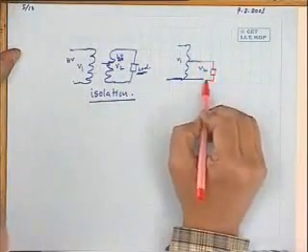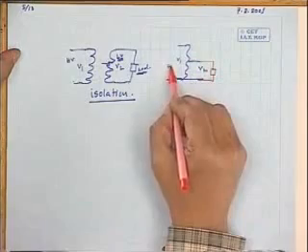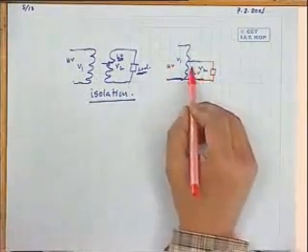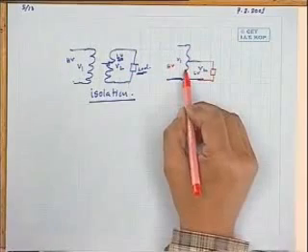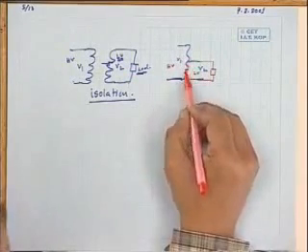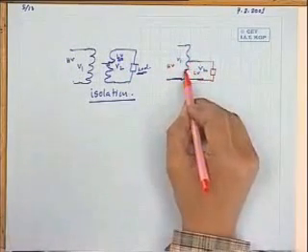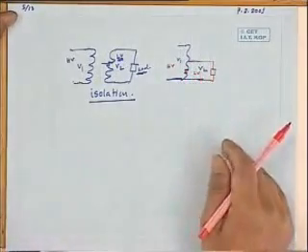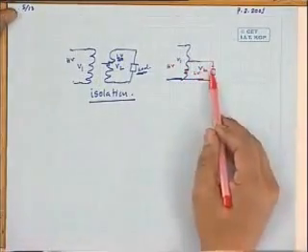In which way? Let us assume there is a load connected here. This is, suppose, the HV side, this is the LV side. Now if the winding gets cut here in the common portion, there is a common portion of the winding, if it gets cut here,